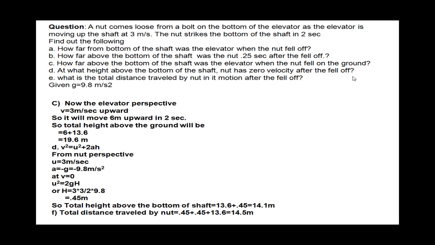Now the last question: what is the total distance traveled by the nut in its motion after it fell off? First it will go to the height at which its velocity becomes 0, and then it will fall down. So the total distance traveled is the height covered, 0.45, then 0.45,